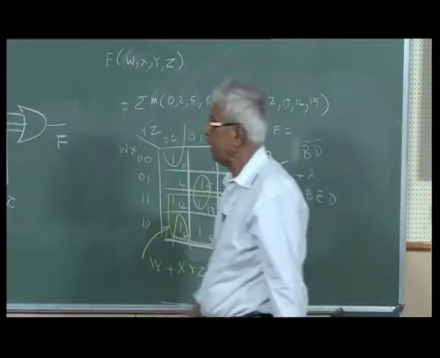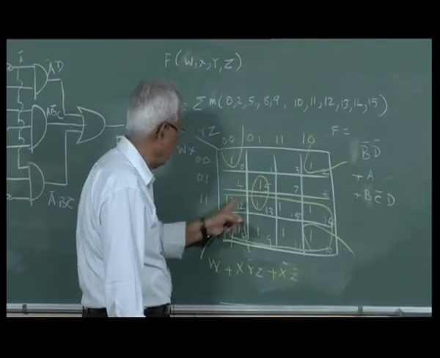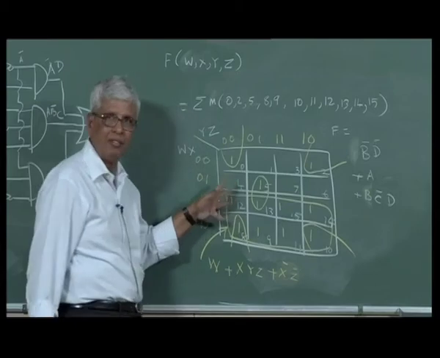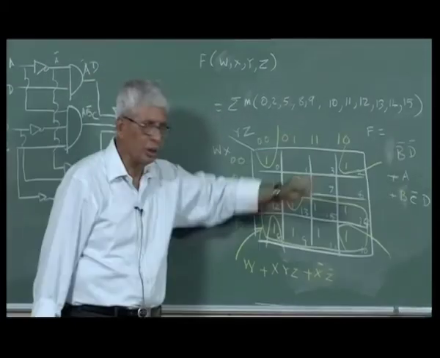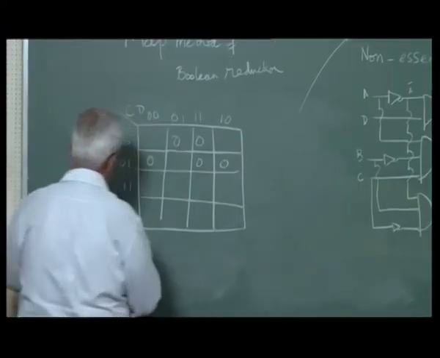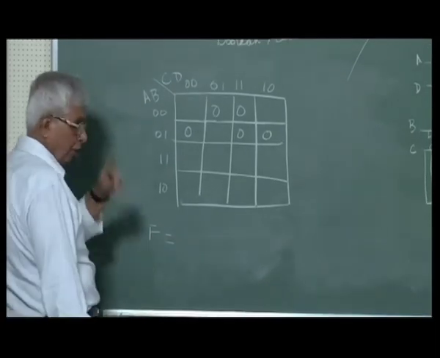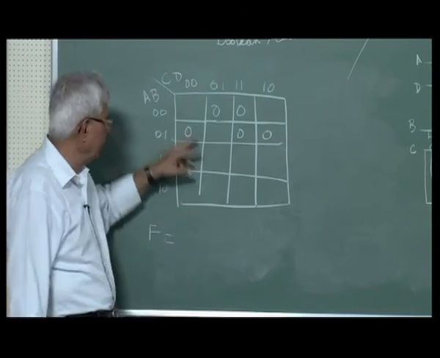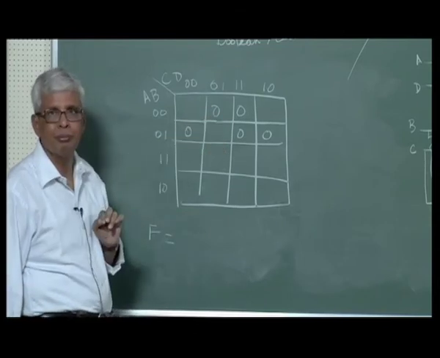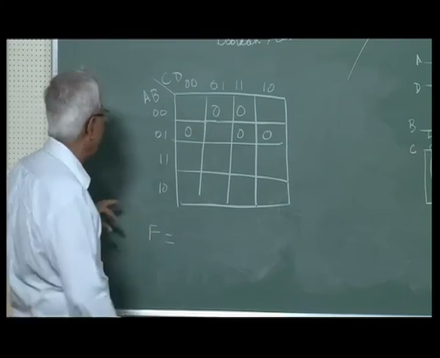So there are only 5 zeros, whereas there are 11 ones, 1, 2, 3 plus 8, 11 ones. I have to do it this way. There are 5 zeros. So how do I do this? Using max terms. There are 2 ways of doing it. You can write f bar. If you write f bar it will be,